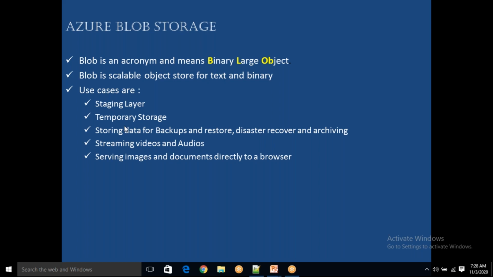Because before I process and load it into Azure Synapse, I need to store data somewhere temporarily, because my ultimate goal is to load data into Azure Synapse. But for now I need to keep this data in some storage for data quality checks and data transformation. Then you use the temporary storage. In temporary storage, you will be able to see the data. In the staging layer, you are going to use it, but you will not be able to see the data. You will see all those things practically.